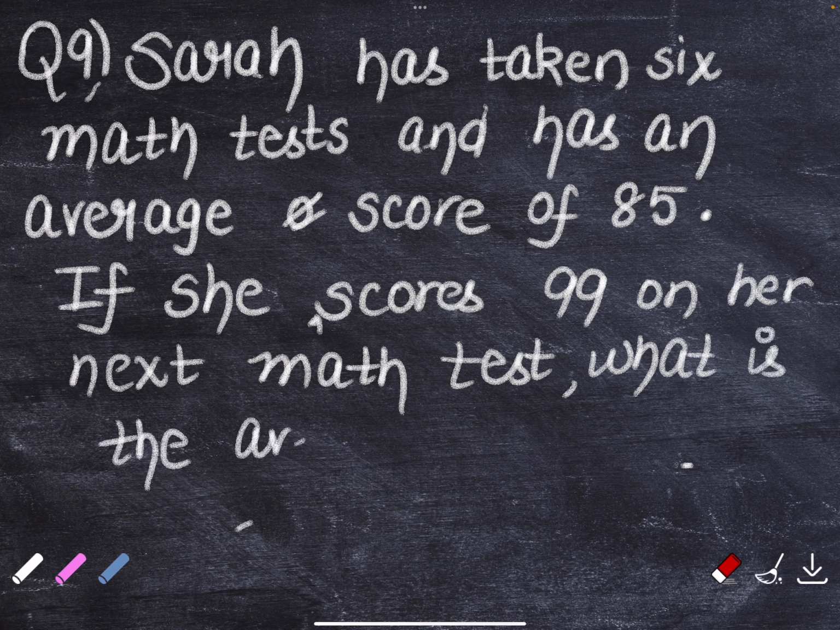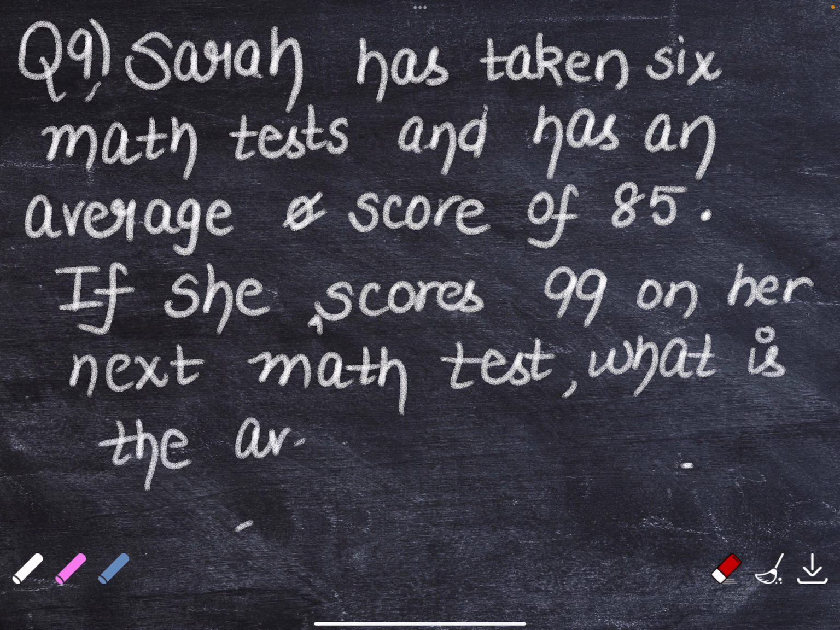So copy the question first and let us see what information is provided to us. They are telling us that she took 6 math tests and her average score was 85. Then she takes another test, the 7th test. Her 7th test score was 99. They are asking us what is the average of all of these tests. So let's start solving this on the next page. Answer